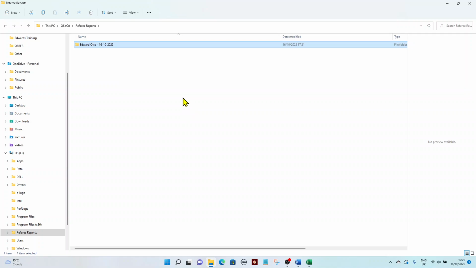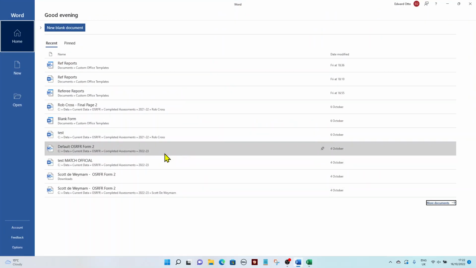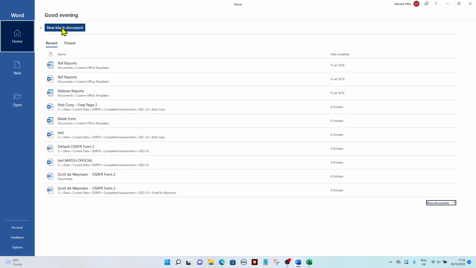That in effect is all we need to do for File Explorer, so I'm going to shut that down. The next thing is to look at Word, to create some default template to use when sending reports to your SADO or the draft to the referee. So if we open up Word, I'm going to create a new blank document,